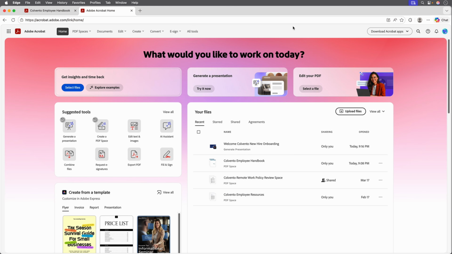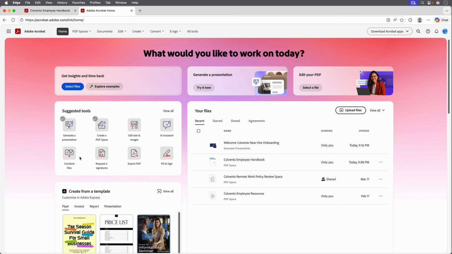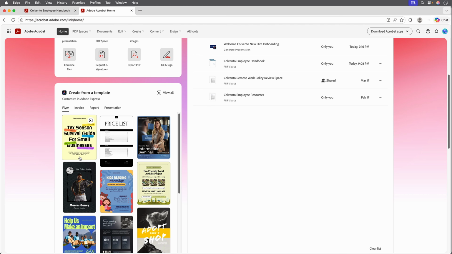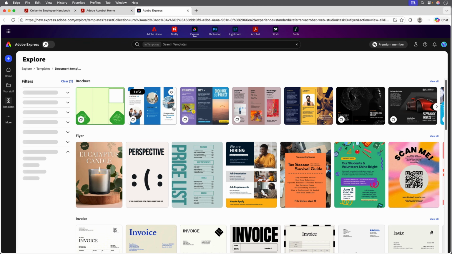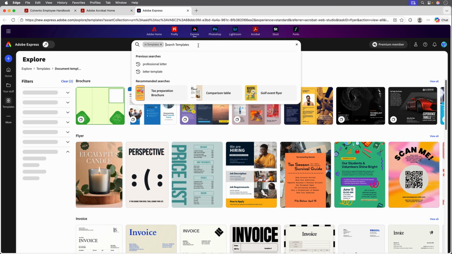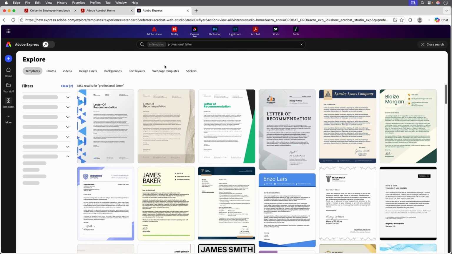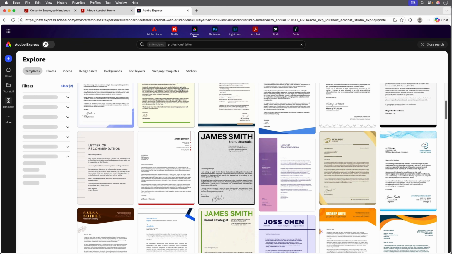Or if you wanted to go the extra mile, right here from the Acrobat homepage, you have access to a full library of professionally designed templates powered by Adobe Express. These are some of the best professional templates available for exactly this kind of document. For example, I could search the templates for a professional letter, find one that I like,